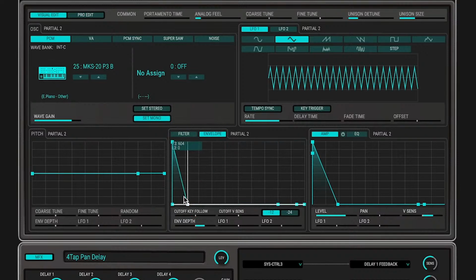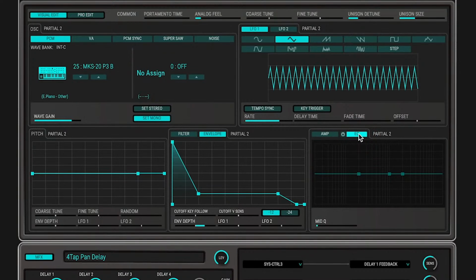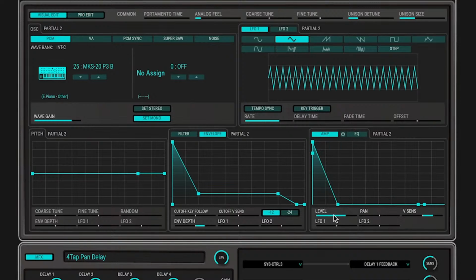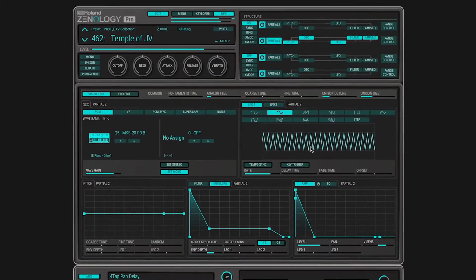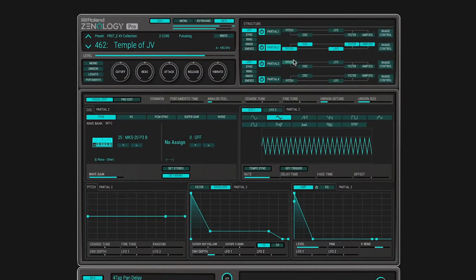If we click the envelope tab, we'll expose the filter envelope. And then just to the right, we've got the amp envelope, and behind that, we have an EQ for just this partial. Just below the amp envelope, we've got a level control, pan, velocity sensitivity, and some modulations coming from the LFO. Now, I'd like to take a look at the LFO section, and this patch is quite interesting because